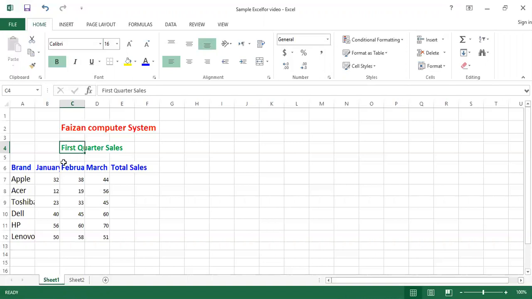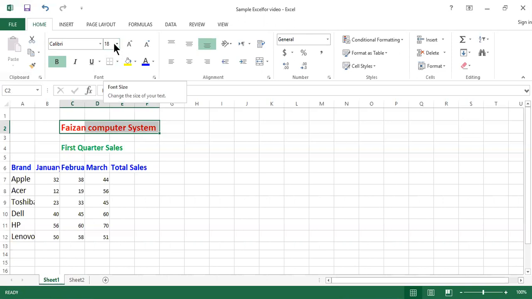For example, first of all, I will start with how you could increase the font size in Microsoft Excel. Suppose this is a company name, Faizan Computer System. So how could you increase or decrease the size of the particular cell? For example, this is the particular text and I want to change the font size.